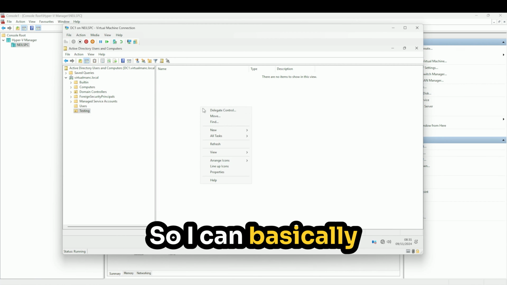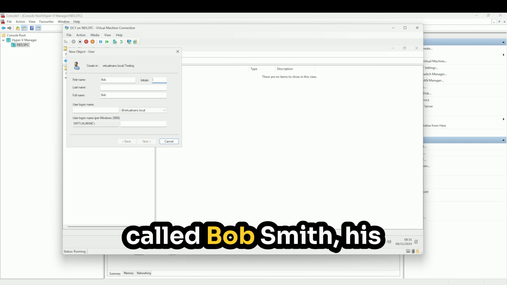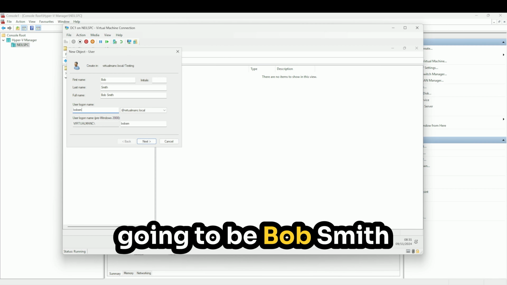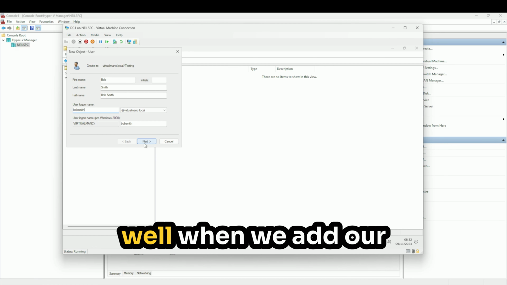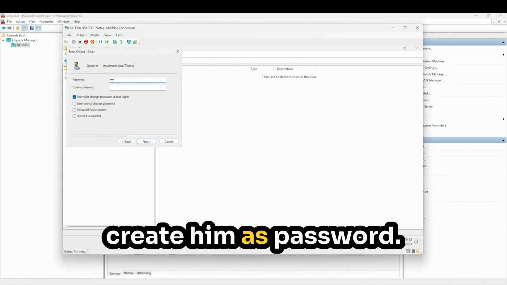So I can basically create a user called Bob, for example. So let's create a user called Bob Smith. His user logon name is going to be Bob Smith at versionmac.local. And we'll actually use this as a test as well when we add our workstations domain. All right, so I'm going to create him as